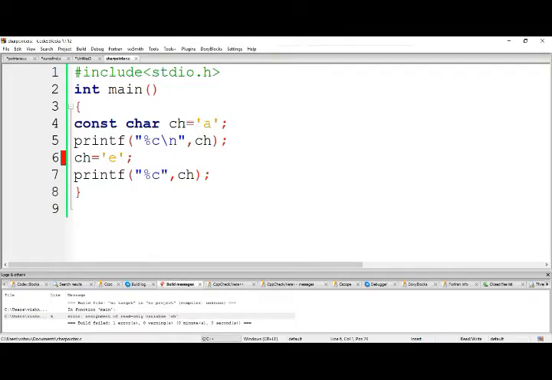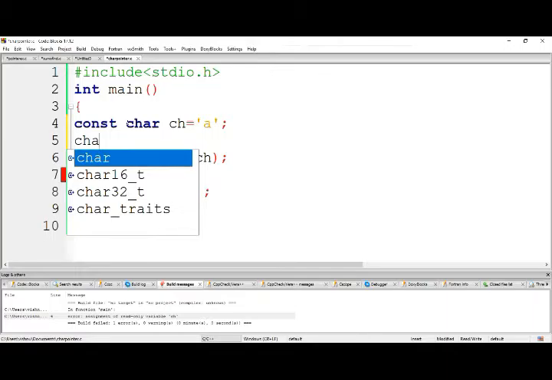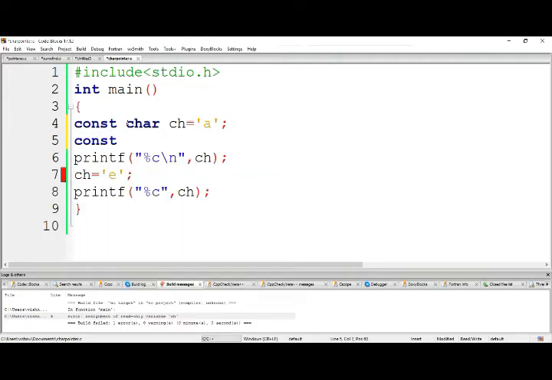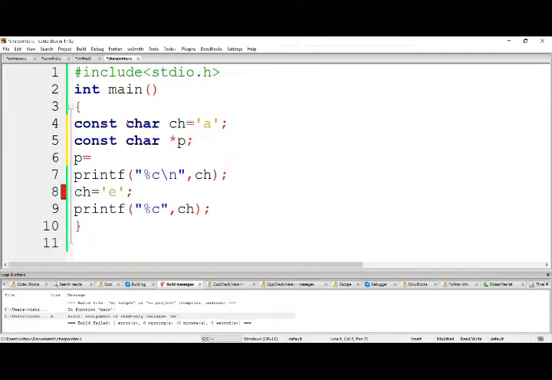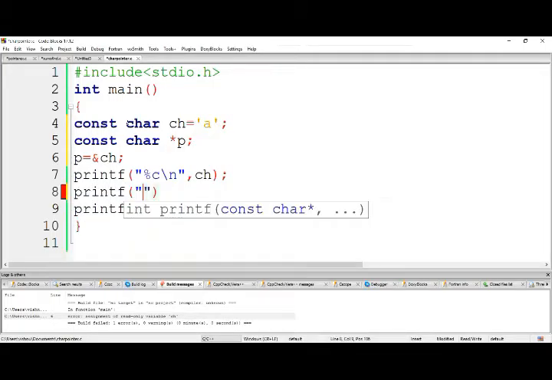What does it denote here? Let me write one more thing here. Const char star p semicolon. Now p equal to ampersand ch. printf, double quotes, percentage c backslash n, comma, sorry, it is star p.